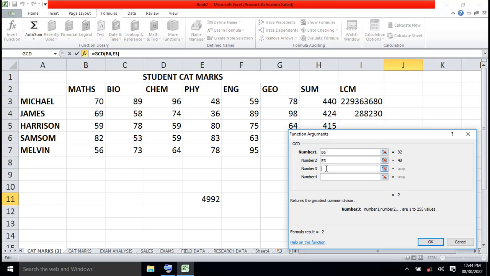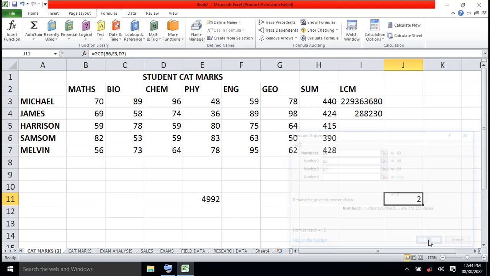Let's click number 3 and another number like 64. So we want to know the greatest common divisor of those 3, and then you click OK. By the way, it already gives you the answer here, and Excel will even label or indicate for you what this function does. It returns the greatest common divisor. So you click OK, and there you are. The greatest common divisor of those 3 numbers is 2. So that is how you use